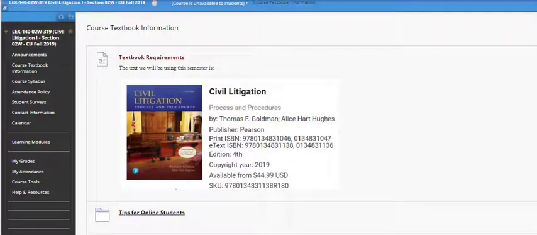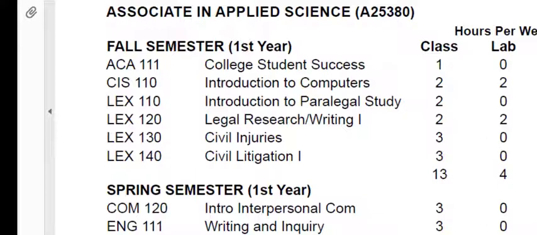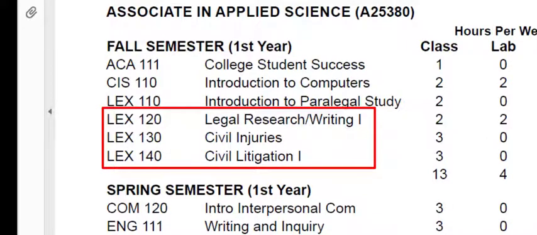Before we get started with this class, I think it is important for you to understand the context of this class and how it fits into your curriculum to build a solid foundation for your future career. While we study different aspects of the litigation process in individual classes, or what I like to call academic bubbles, it is vitally important that you recognize how this puzzle fits together. The skills you are learning in 3 of the classes you are taking this semester, LEX 120, which is Legal Research and Writing 1, LEX 130, Civil Injuries, and this class, LEX 140, Civil Litigation, go hand in